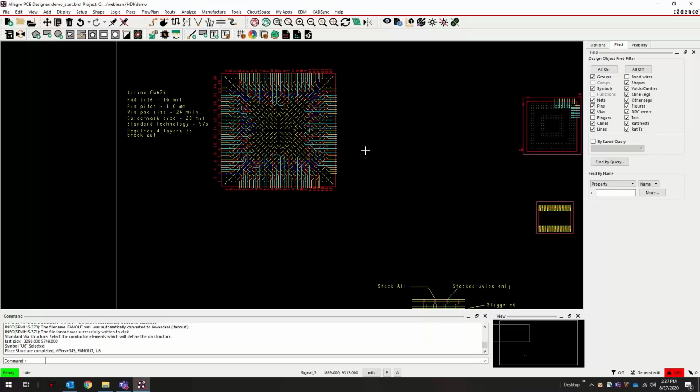Do your fan out first to make sure that you can get everything out of that BGA area. Because if you go in and start routing an entire interface and then come back and realize you can't get some of these other signals out from the center of your BGA,